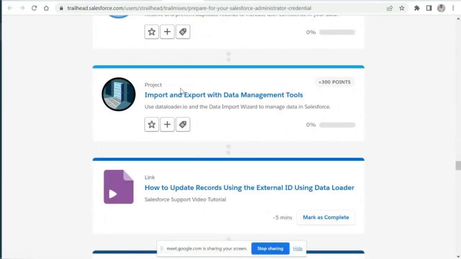Okay, so let's take this import and export data. There are actually multiple tools for import and export also. So what do you mean by import and export? If you have something